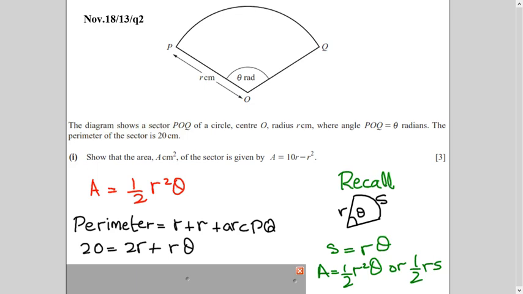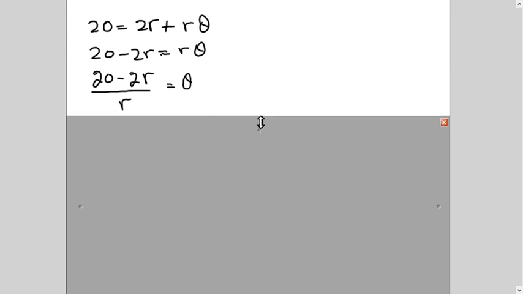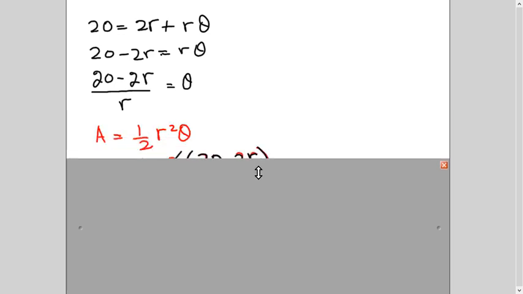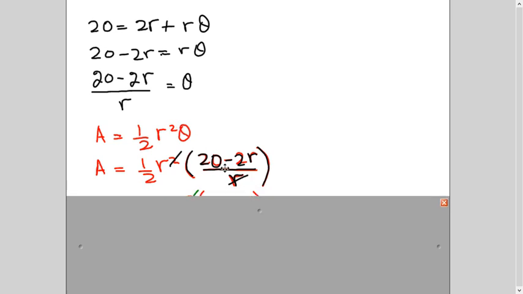So let's do this. This was the equation we have gotten from perimeter length. And now you will make theta a subject. If I want to make theta a subject, simple algebra, I'll isolate it and then manipulate it. So you can see here. I hope this is simple. No problem in this. After that, I will plug this in the area formula. In place of theta, now I will write 20 minus 2r divided by r. So here I have plugged in the value. This is r square and this is r, so it will cancel out and you will be left with 1r here.